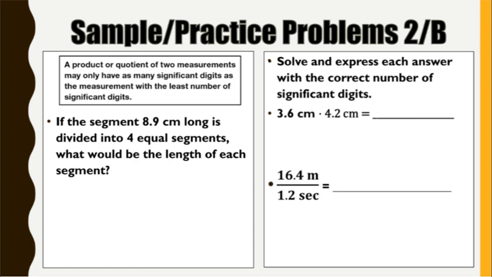Next, a product or quotient of two measurements may only have as many significant digits as the measurement with the least number of significant digits. So in other words, if you're multiplying or dividing two numbers, whatever number has the least amount of significant digits, that's as many significant digits you can have in your answer. So it says if the segment 8.9 centimeters long is divided into 4 equal segments, what would be the length of each segment? So I would need to take my 8.9,